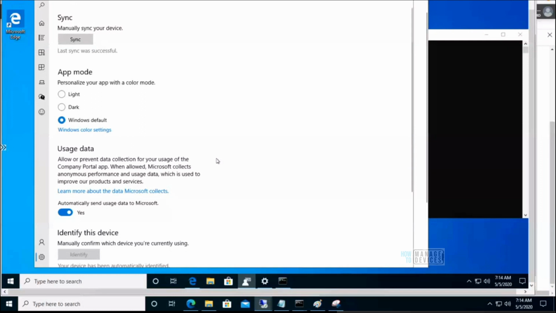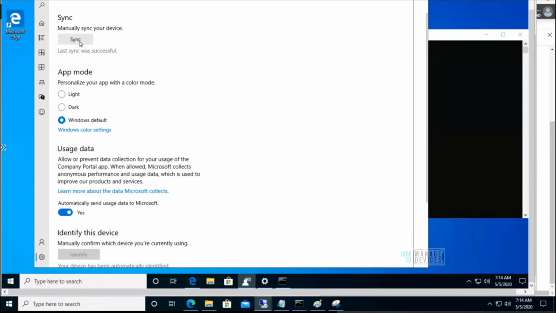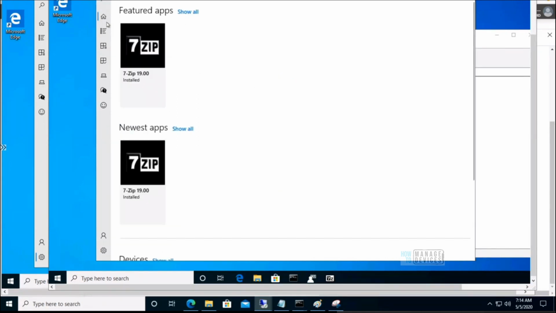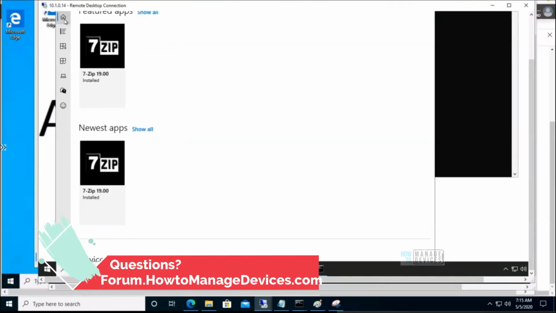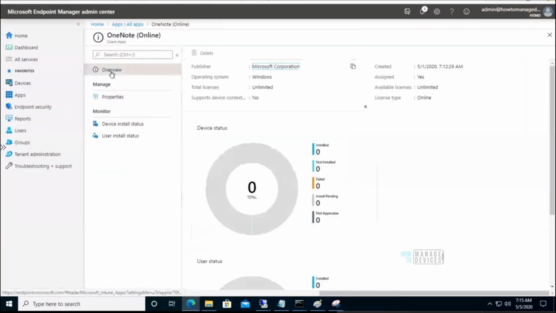Otherwise, you can wait for the same amount of time which I mentioned yesterday, probably 8 hours or something. I don't know whether somebody checked that or not. Otherwise, we will cover that tomorrow: how many hours we need to wait for the default policy sync in Intune. So this sync is completed for the Azure AD join device, and it's still not reflecting. We will see what is happening over there. Let me come back to that in a minute.